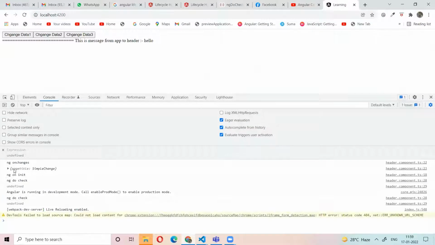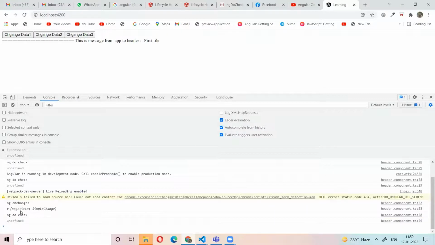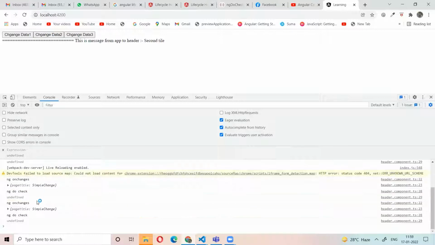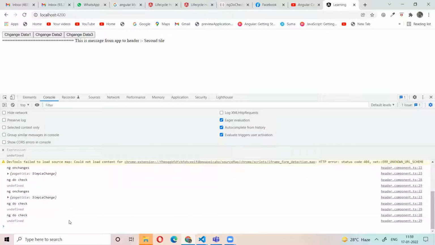The first time, ngOnChanges and ngDoCheck are both called. Now I click the button: ngOnChanges is called first, then ngDoCheck. I click the second button: again ngOnChanges and ngDoCheck. Now I click the third button. See, ngOnChanges is not called, but ngDoCheck is called, right?